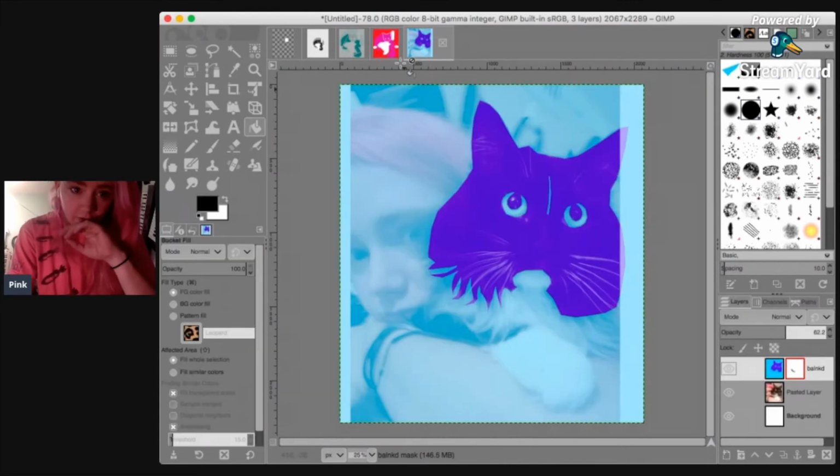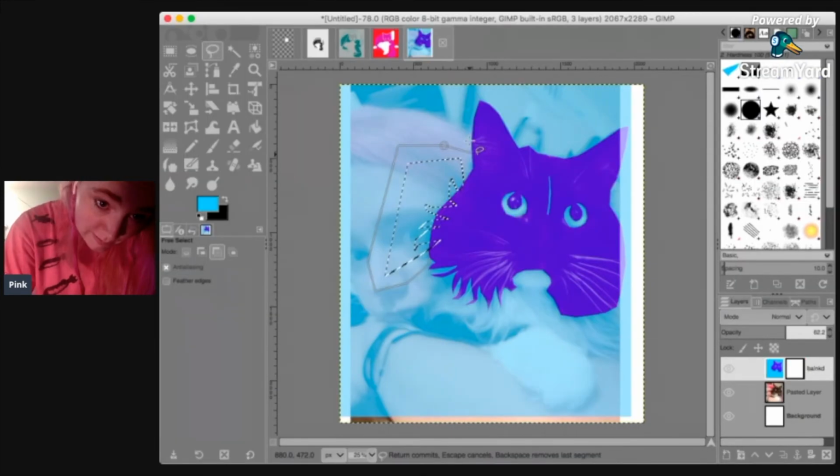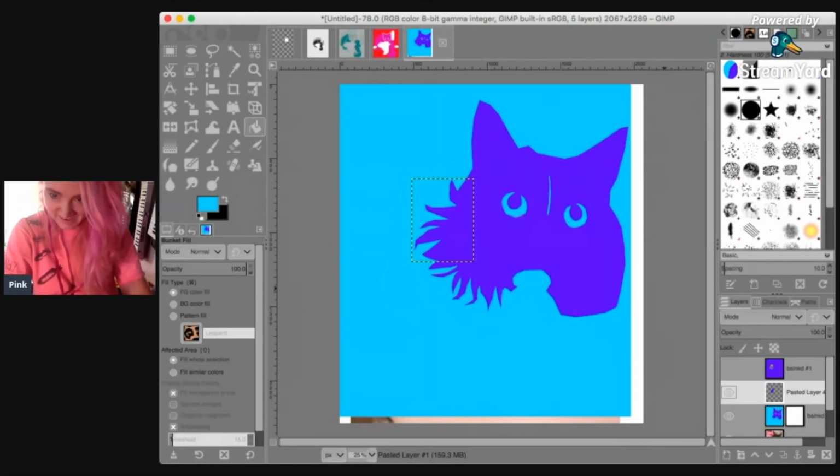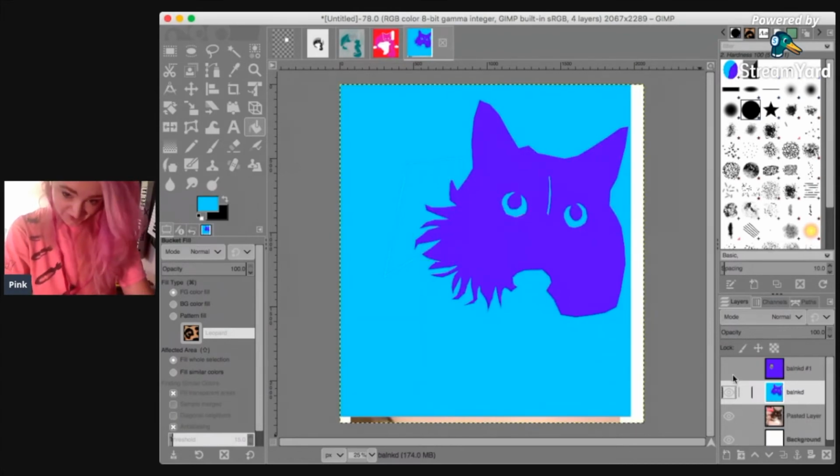I'm a little bit disappointed that I didn't get to do this picture, but I will figure out how to do that later. This is how I do it, I remember now. Anybody who does any graphic design is like, Pink, this is not an efficient method of this. Yeah! Okay. I just need to merge this down. I apologize to everybody who had to just watch that.